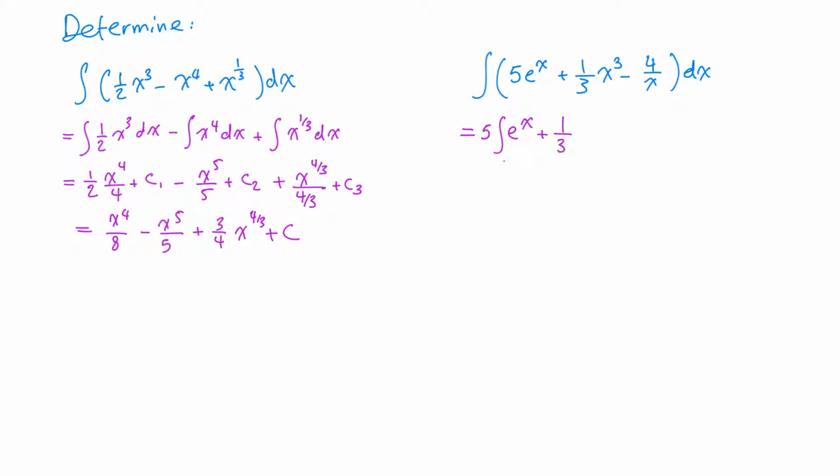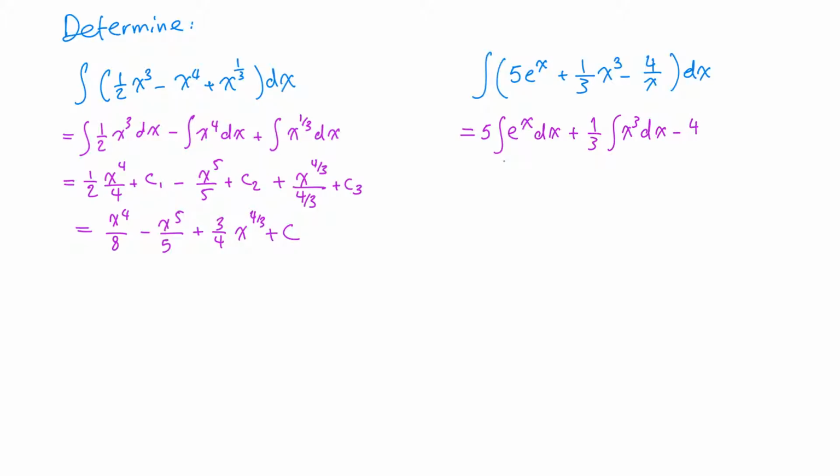So plus 1 over 3 integral of x cubed, and I forgot a dx here, so I'm going to erase this for a second and add my dx, plus 1 over 3 integral of x cubed dx minus 4